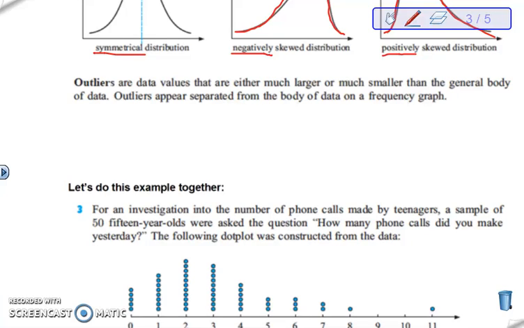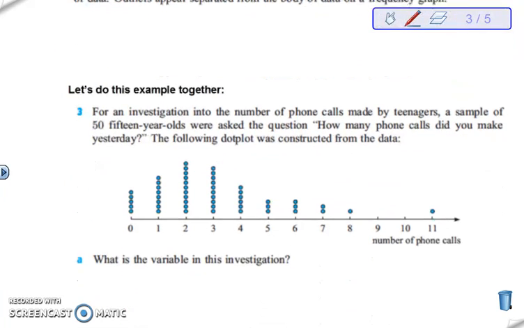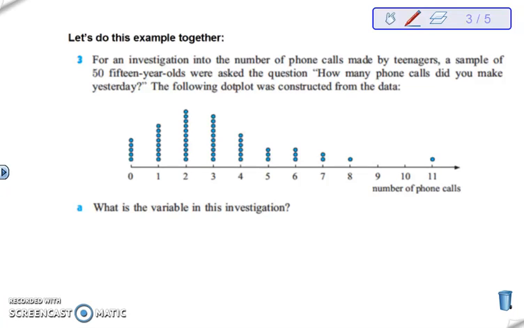Last thing on this, outliers are numbers that don't show up very often, so maybe the number only appears once, and it's usually something that is either much higher or much lower than the other numbers in the list. This is what tends to cause our curve to be skewed. So if we look at this example,